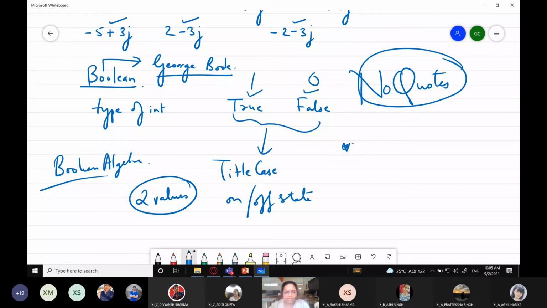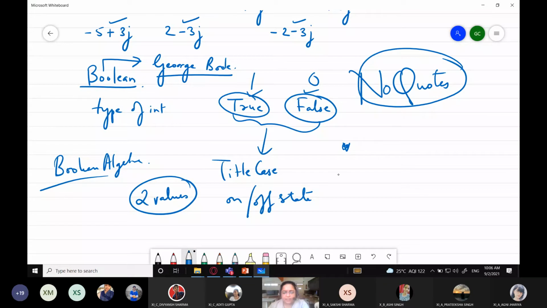Like for example, I want to create a... now here there are only two literals, true and false. So I'm giving you an example. Suppose you are creating a program where you are deducing whether a person is eligible to vote or not.